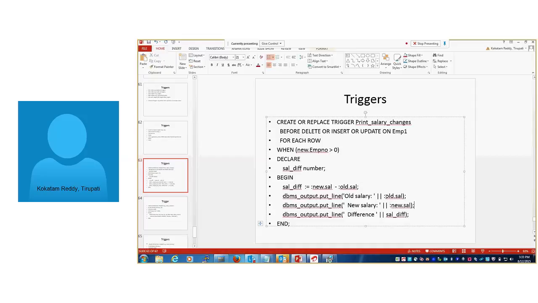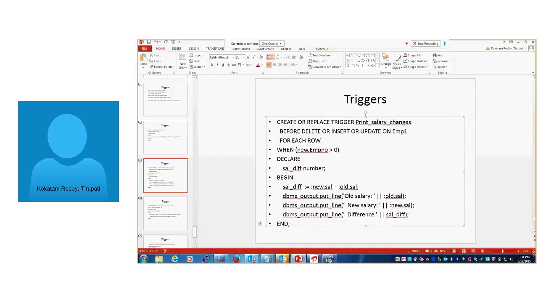These are the differences. If you are trying to insert records, that time you can get only the new record value. If you try to update, that time you can get both old and new. If you try to delete, you can get only old. You can't get the new value.